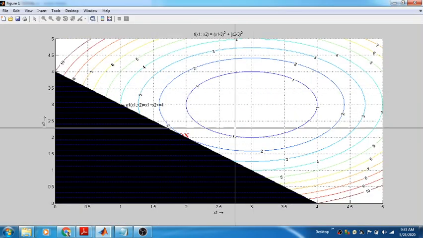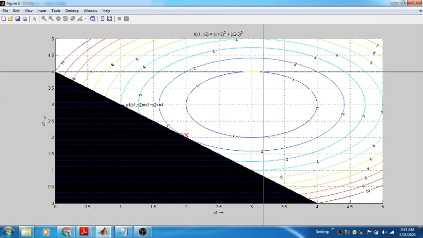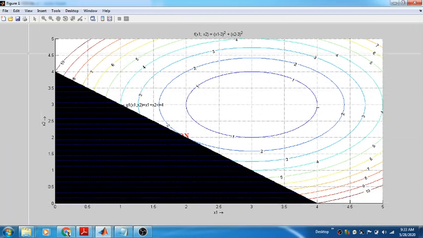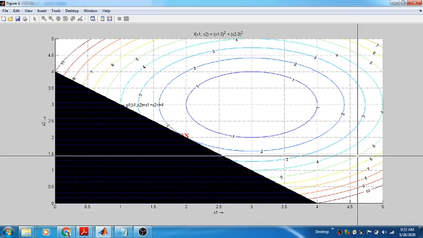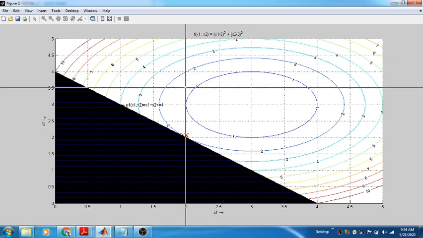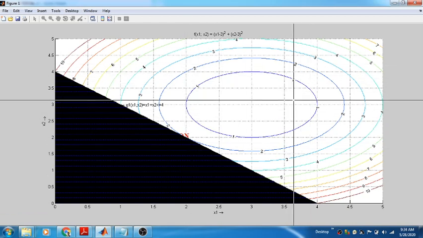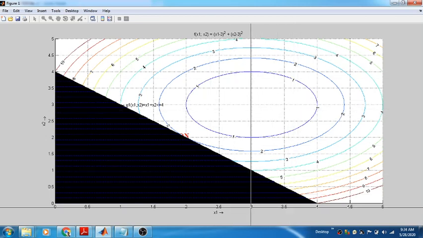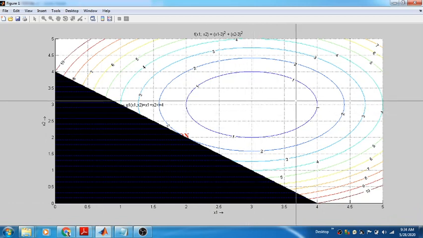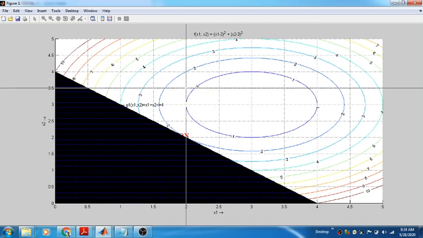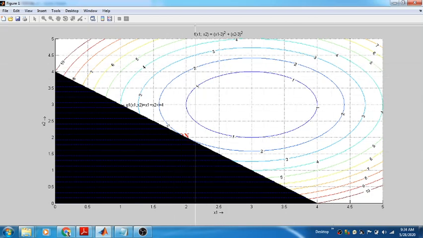The next will be the circle, which is showing, by the way, as elliptical because the aspect ratio is not the same. If you see, this is so much bigger. So where will be the minima? In this form, this is the circle equation, x1 minus 3 whole square plus x2 minus 3. So the center will be at 3 and 3. If I say it is 1, this will be the contour. If 2, this will be the contour. If 3, this will be the contour.